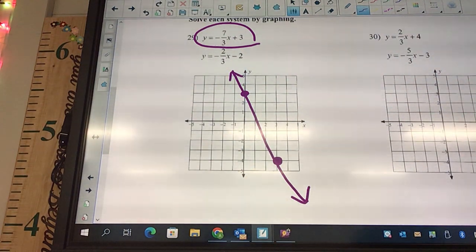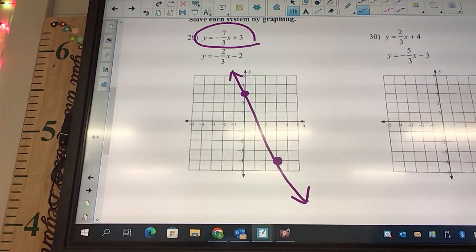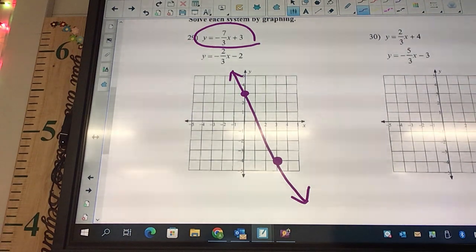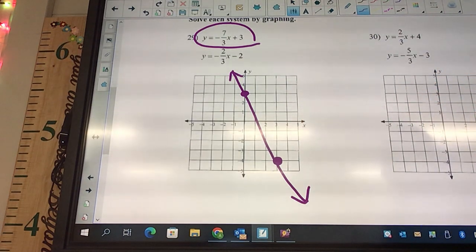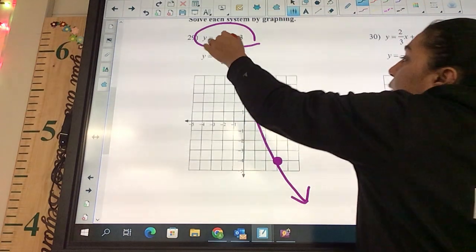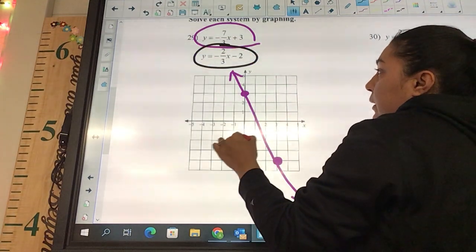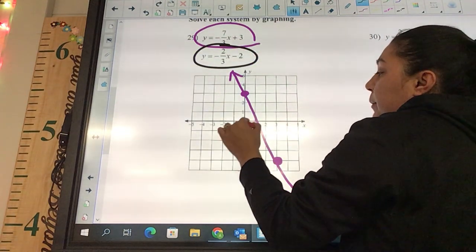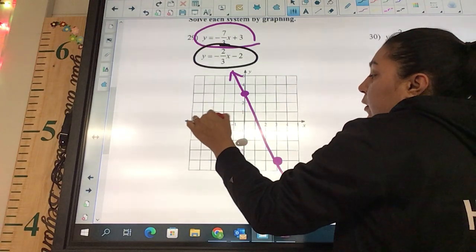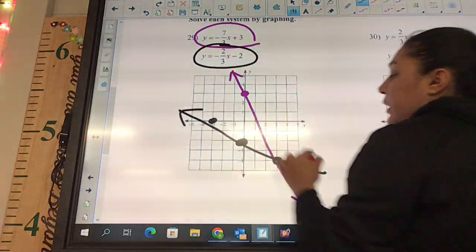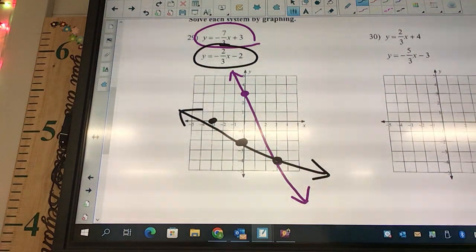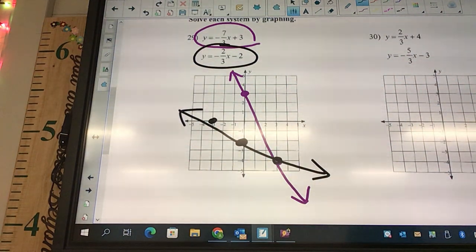Okay, again, your final is multiple choice. So you will not be graphing this. You need to look at the different pictures of the graphs that they give you and pick the right one. Okay, for the second line, we start out at -2. Okay, and I can go up 2 over 3, or I can go down 2 over 3. Okay, so they'll give you a bunch of different pictures of graphs, not a bunch, 4, okay, and then you